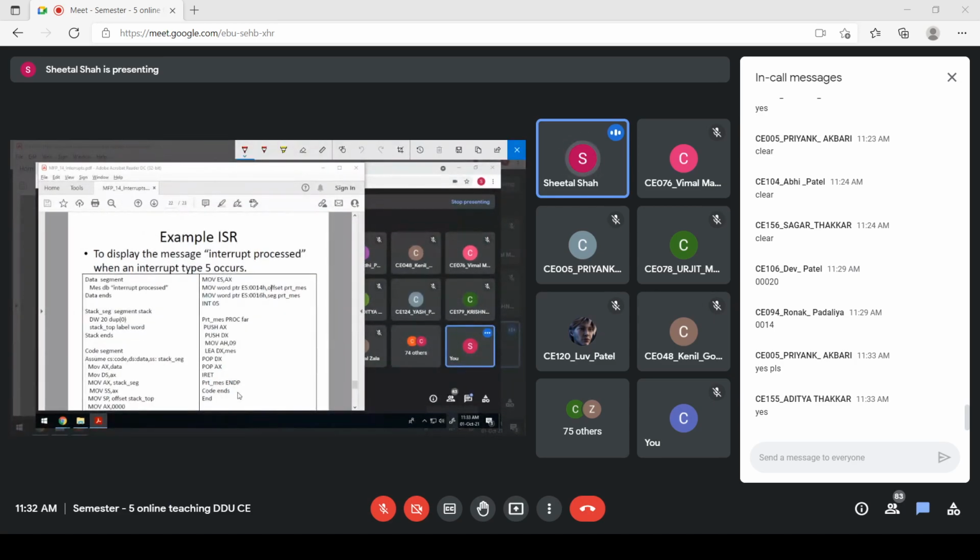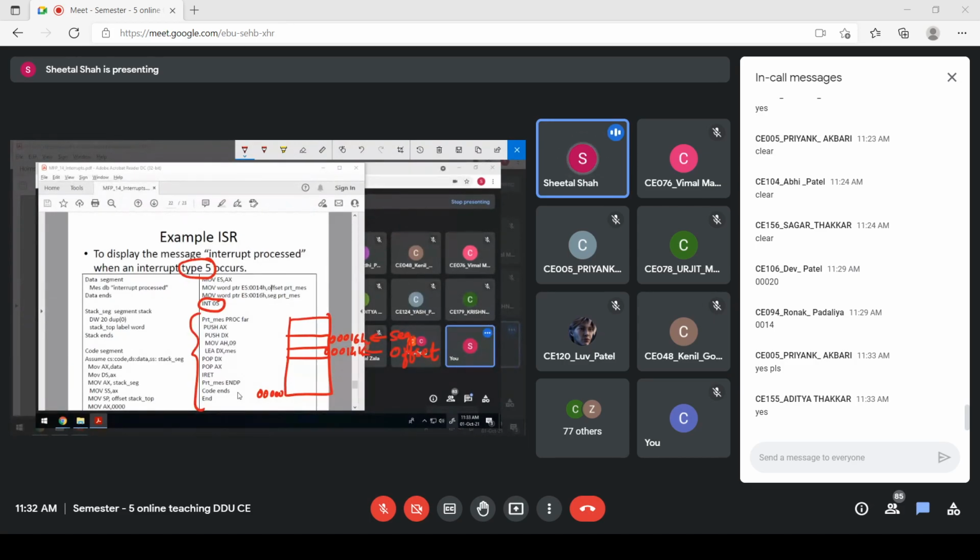See, it is fixed that the interrupt vector table would always start with the address 0000. And here it is a type number 5. So type 5 would have the addresses 0:0014H and 0:0016H. Here we have the segment address of my procedure, and at the other address I'll have the offset value of my procedure, the interrupt service routine. This is my interrupt service routine. So here I am calling interrupt number 5, type 5.